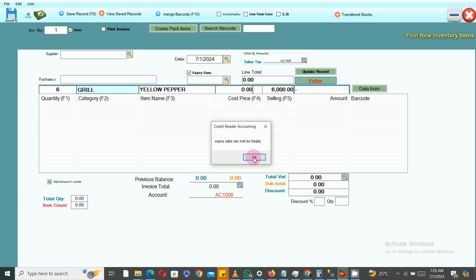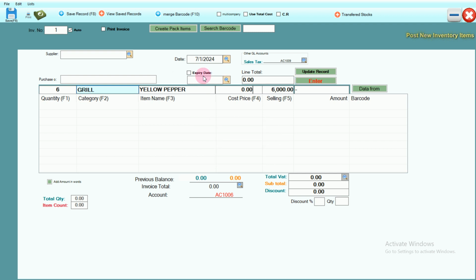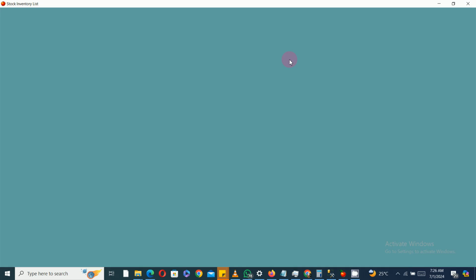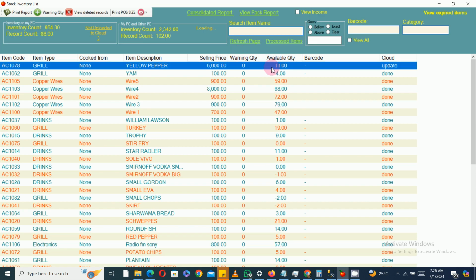Sorry, this one has an expiry date in it. If I add this, it only accumulates here under yellow pepper. Yellow pepper now is 11, so I don't see the breakdown,